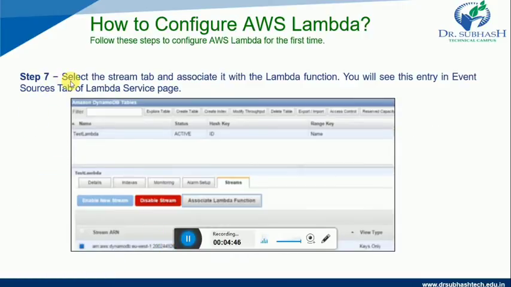Step 7 is select a stream tab and associate it with the Lambda function, so you will see this entry in the event source tab of the Lambda service page. From this picture, you can see that Amazon DynamoDB table entries are given. Also some test Lambda function buttons are given. There is something like details, indexing, and so on. So here streams is also given.